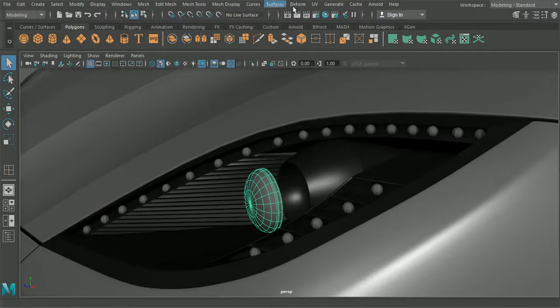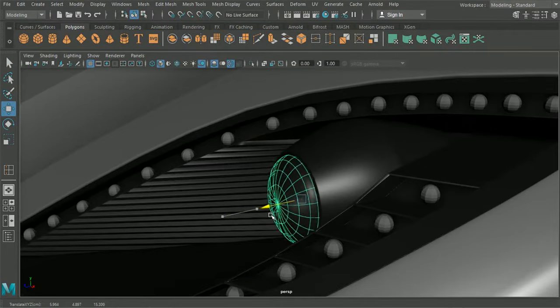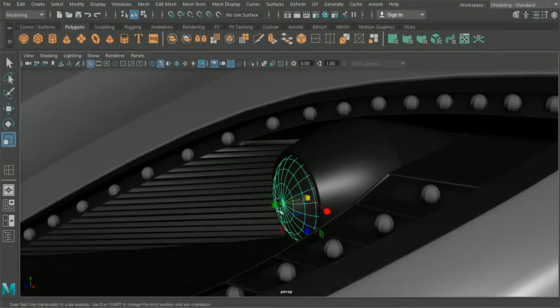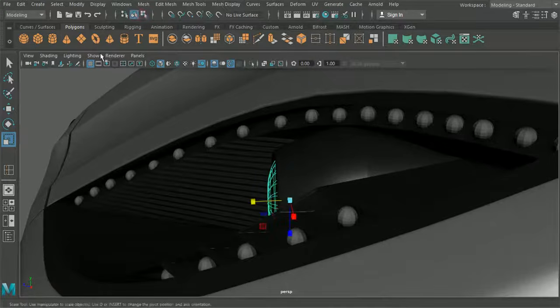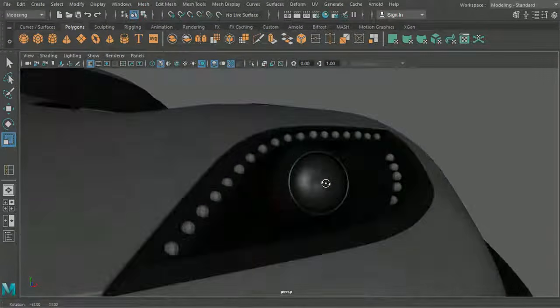And then for this one, we have a glass material already which we can select. And then we'll just pull that inside. It looks like it's inset a little, like so. Maybe not quite so curved. Okay, so that looks pretty good.